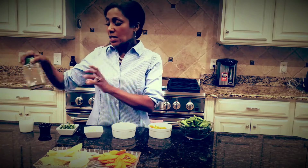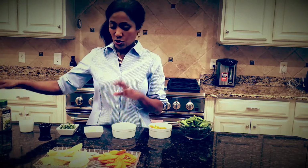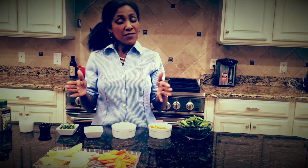I like to add a little bit of oregano and a little bit of Himalayan salt to go along with this. And of course, we are sauteing in olive oil. That's one of my favorite things to saute in. So now that we have the ingredients, let's get to the